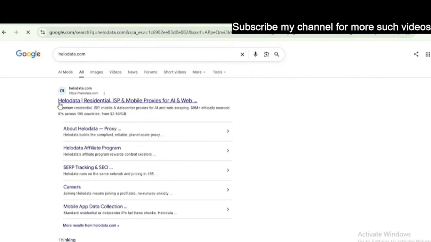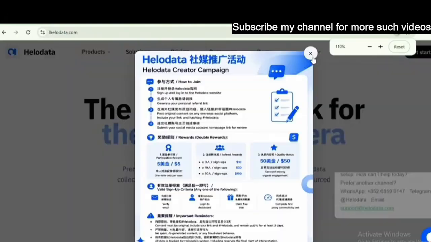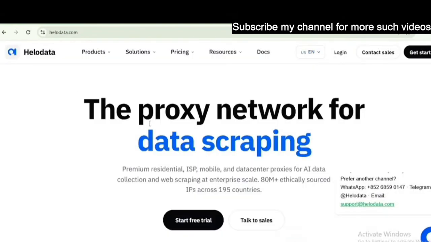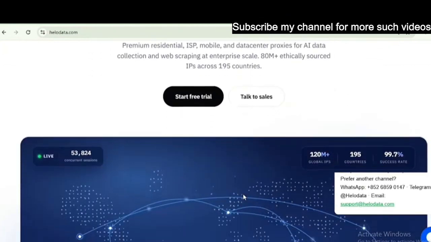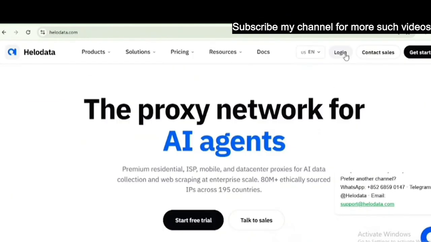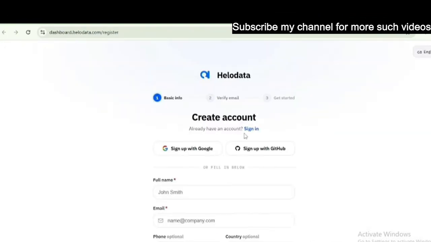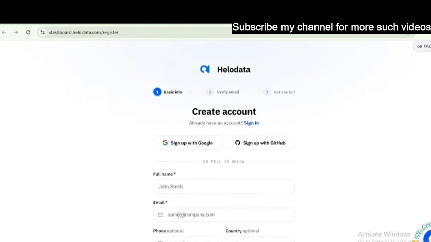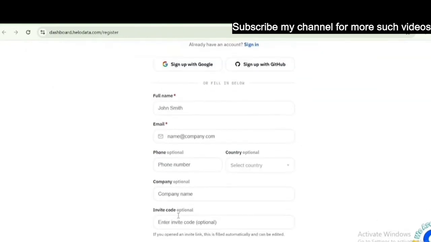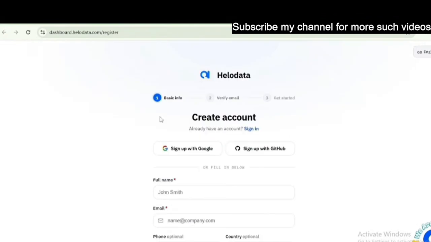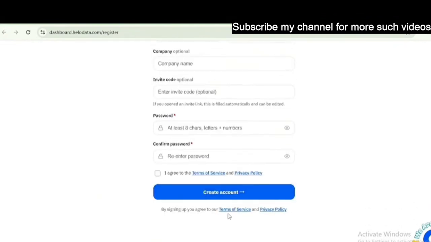You have to come to Google and search for hello.com. This first website will appear. Open it and log in from here. After logging in, look here, you have to click on Get Started because your account will not be created yet. So as soon as you click on Get Started, this option will appear in front of you where you can provide your full name, email, phone number, country, and company details if you want, otherwise it's not an issue. You have to provide these basic things, set a password, and create your account,